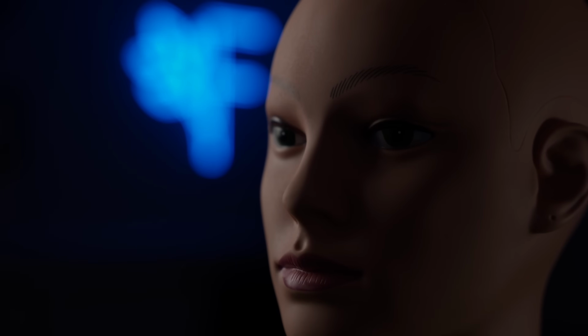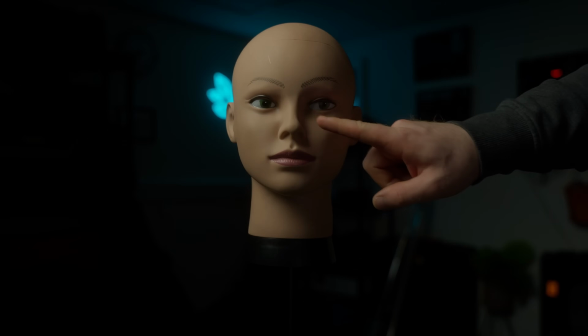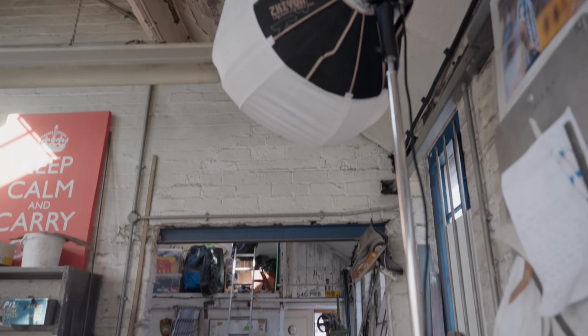You want it off to one of the sides so that we get depth and shape across our subject. The Rembrandt triangle is a great place to start here. This is where you get a little triangle of light. Why this is such a great starting point is it forces you to place your key light off to one of the sides, meaning that the nose does a shadow to create that Rembrandt triangle. Start here and then just move it left, right, back, forward, up, down until the image on the monitor looks